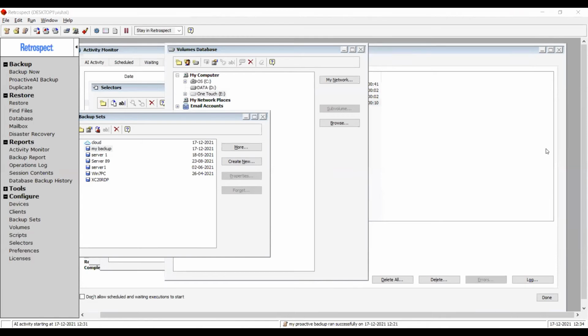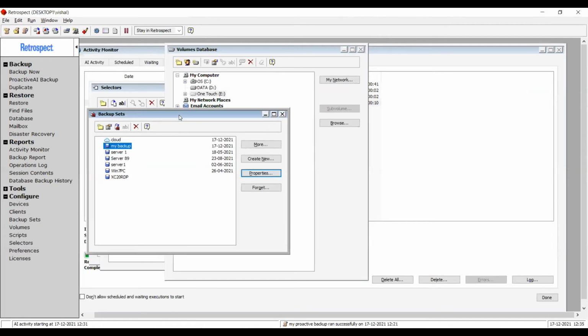Why RetroSec over other leading backup solutions? What are the key factors we should think about for RetroSec? I'm not actually aware of what the others are offering. I can answer anything that you ask about RetroSec, but I can highlight a few things. Generally, for different features, whatever I have been able to see, you are forced to purchase a different license for every feature that you want to use. In RetroSec, we are offering all the features under a single license. For example, tape backups are included in the license. You don't need to purchase it separately.